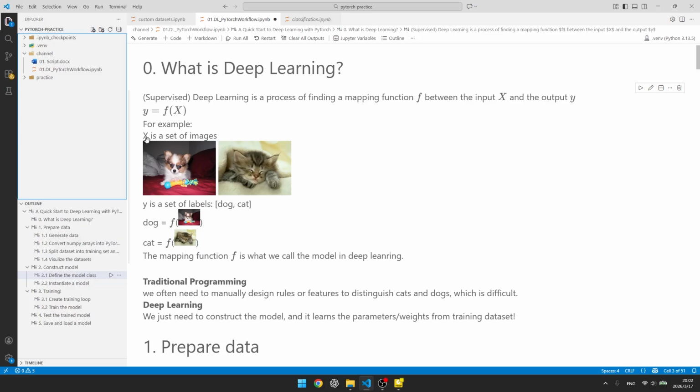For example, x could be a set of images and y could be a set of labels, dog or cat. And if we input these images into our mapping function, then we get a label. Oh, it's a dog. And if we input this image into our mapping function, then the prediction could be a cat. The mapping function f is what we call the model in deep learning.